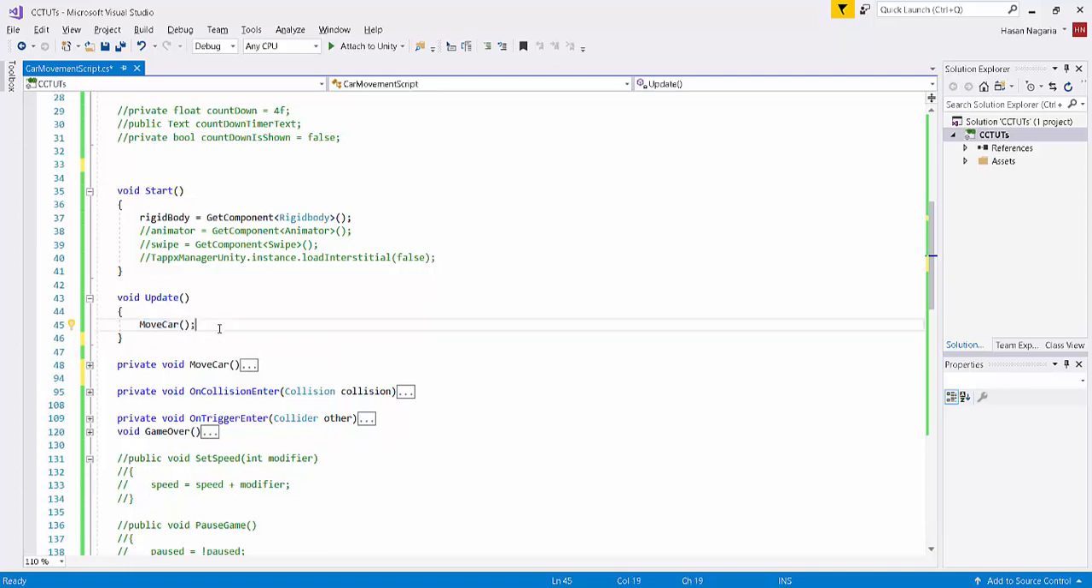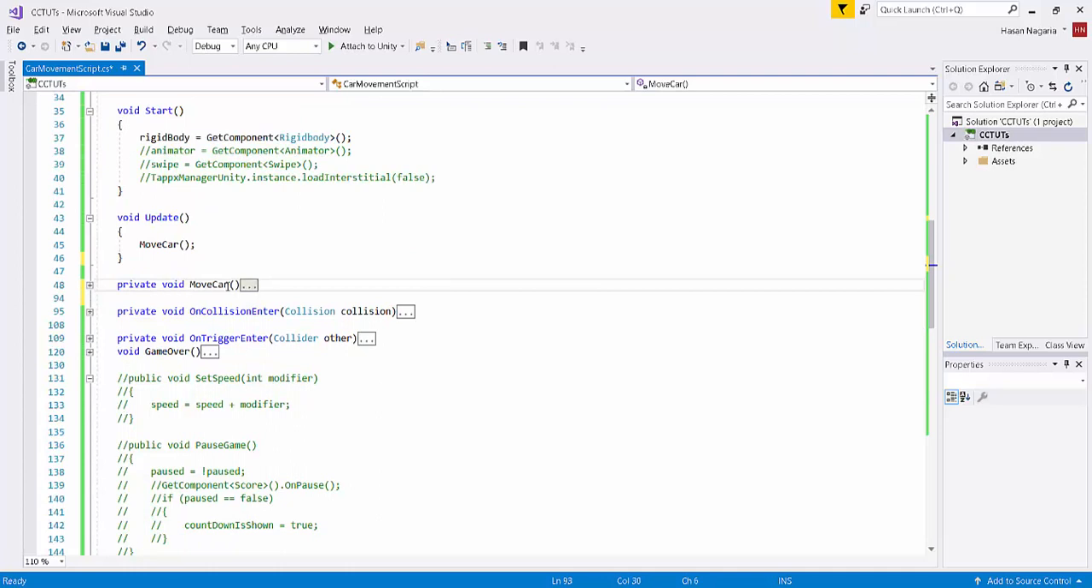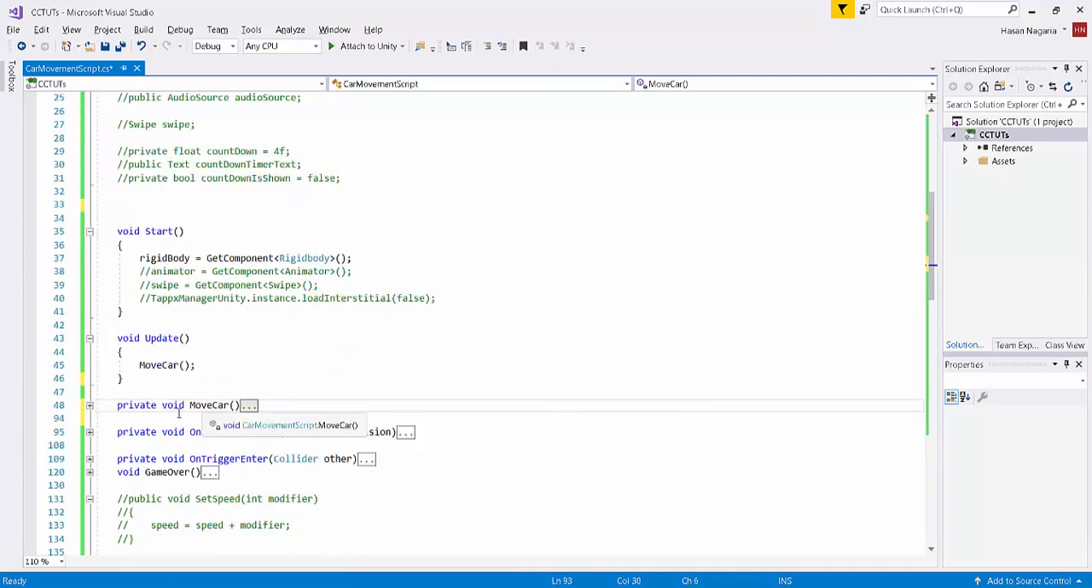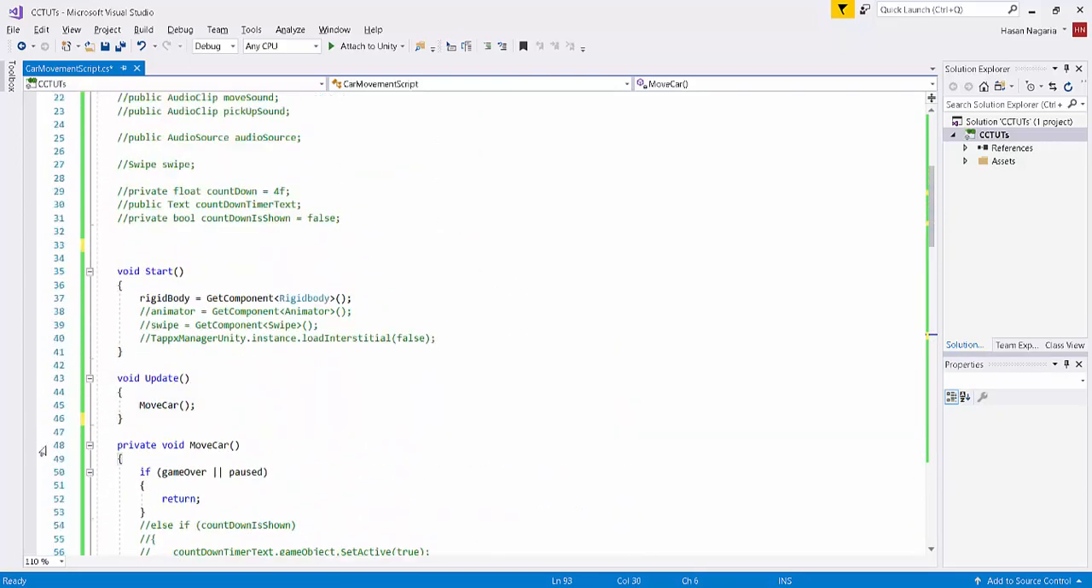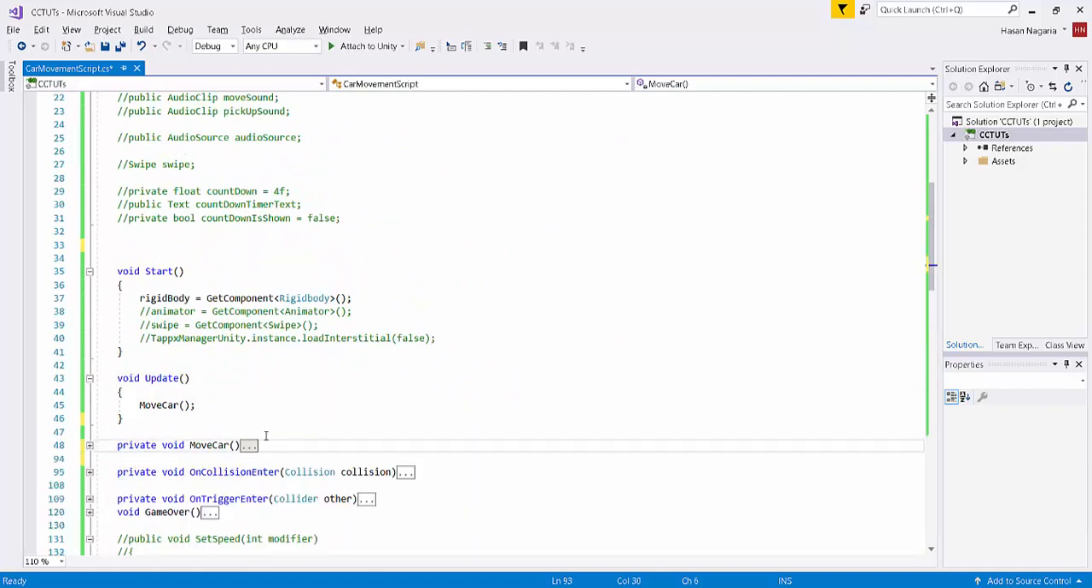So let's just assume that it works. That's the beauty of computer science and in general coding, and the beauty of functions, really. Because look, I've purposely closed all of these functions: this void move car, on collision enter, on trigger, and this void. As you can see, there is actual code here, but I've collapsed it simply to show you